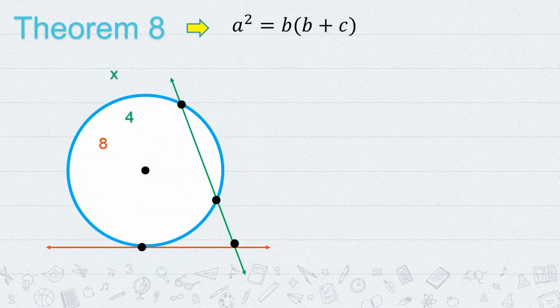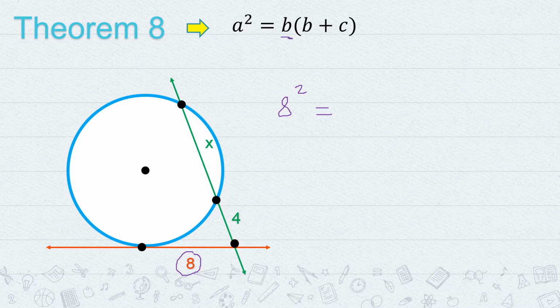Here, given the measurements, for our tangent line, the segment has a measurement of 8 units, while for our second line, the exterior second has a measurement of 4 units, while for the interior second, this time it is x. So how are we to find the measurement of this? Simple. We keep on following the formula or the idea under theorem number 8. First thing, we square the unit measurement of our tangent. So we have here 8, so we are to square our 8. So we have 8 squared equals